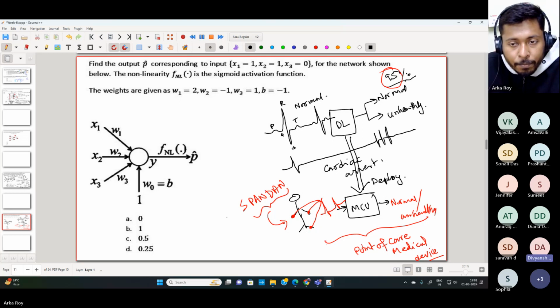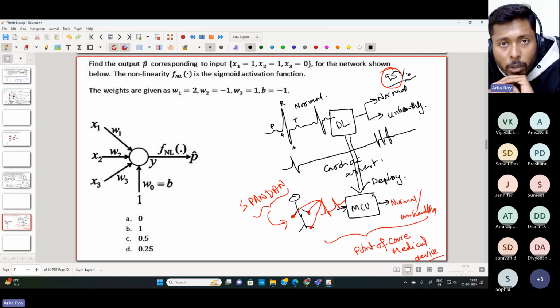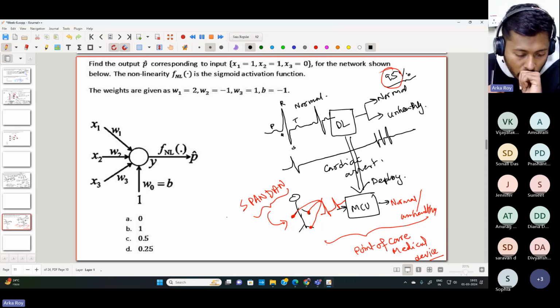Sir, if we are getting 100% accuracy, then there may be a chance that there is some problem in our model. Basically, what I mean is, let's say you have trained a model. I will be referring to biomedical data only. What happens in biomedical data, I will be referring to that. Let's say